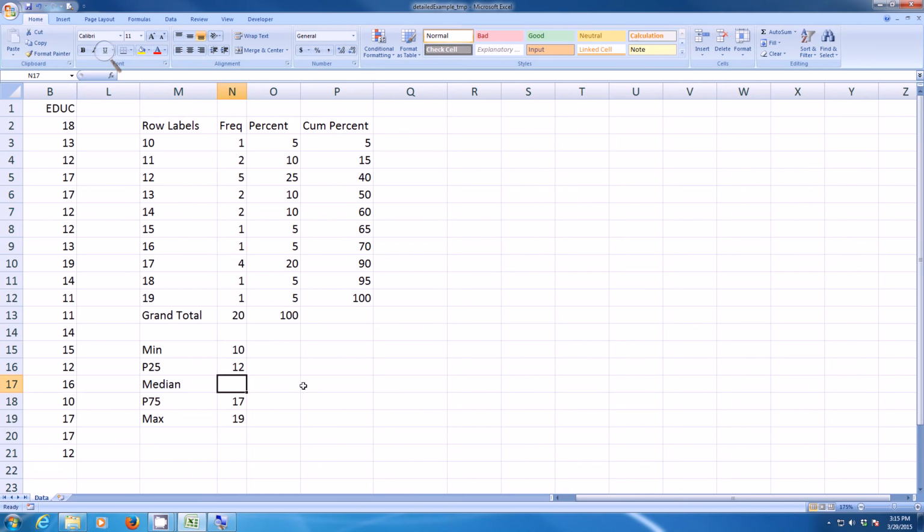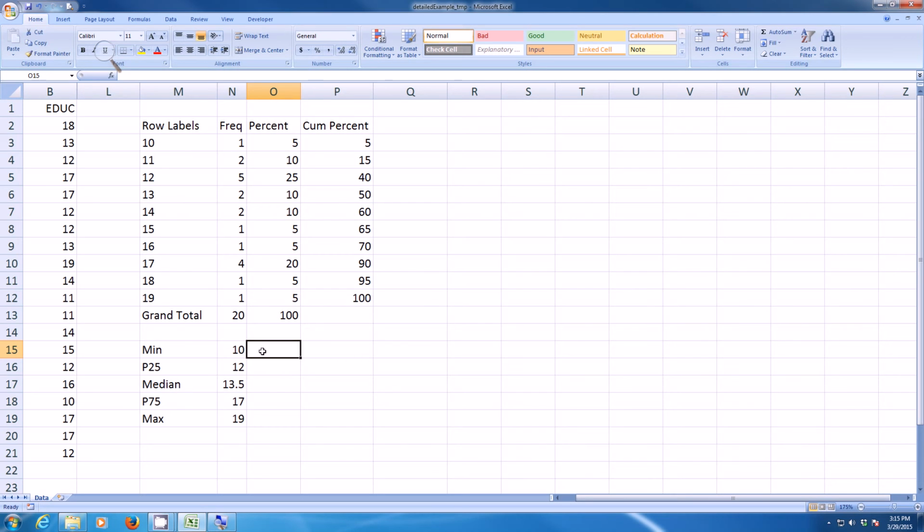The other thing we can do is use Excel's built-in median function. We just type in median, put in our array of numbers, and it gives us a median of 13.5. Now, unfortunately, Excel does not have a built-in routine for creating a box plot, but